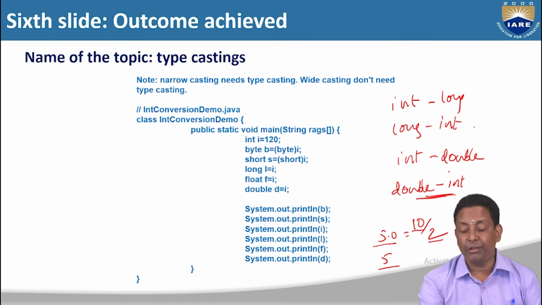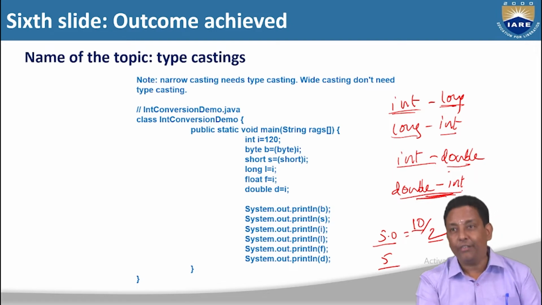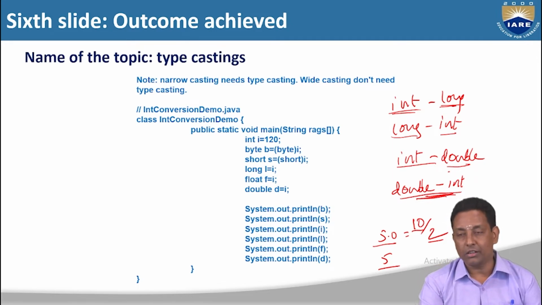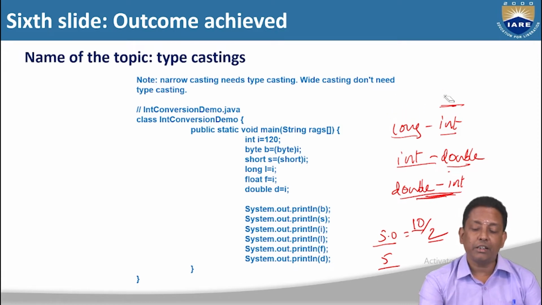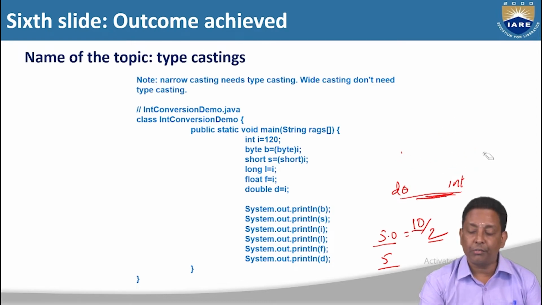Similarly, sometimes you need to accept a long value and convert it into int, or an int value to long value, double value to int value, int value to double value. These type conversions are very, very common in the Java programming language, like tax calculations, price calculations, salary calculations, incentive calculations, mark percentage calculations, grade calculations. During these calculations, these type conversions are very important. Hence, in this session, we are going to learn how to convert from one primitive data type to another primitive data type using typecastings.